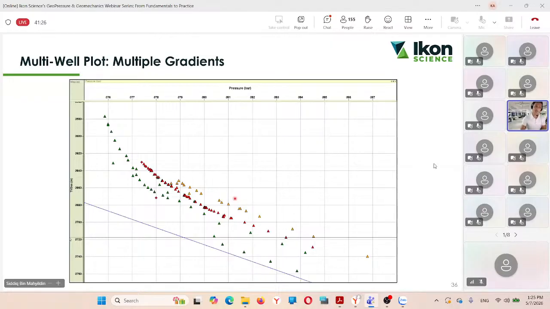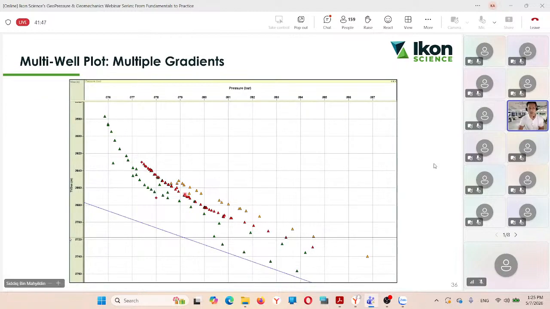This is where it gets more complicated when we have multi-well plots, multiple grades. But the good thing about RockDoc is you can separate this data accordingly. We can filter it according to the well, which depth it is from, and so on. So once you do the analysis, when we take it step by step to make sense of it,